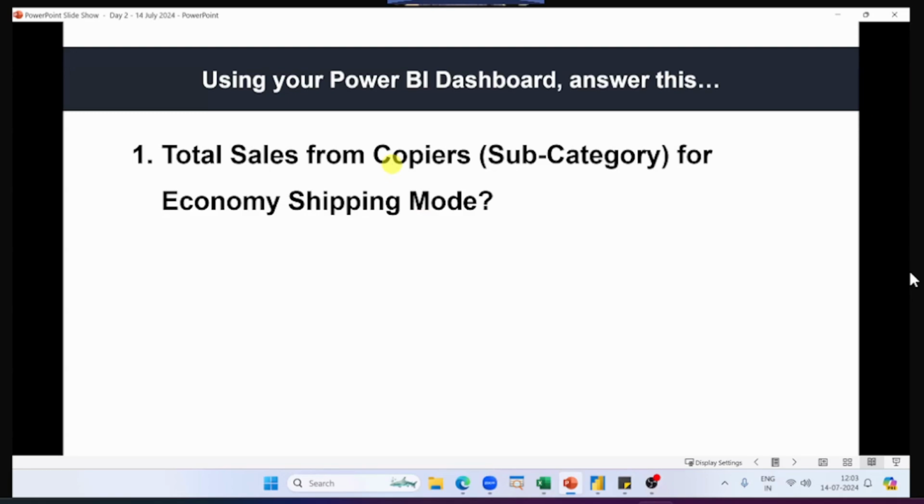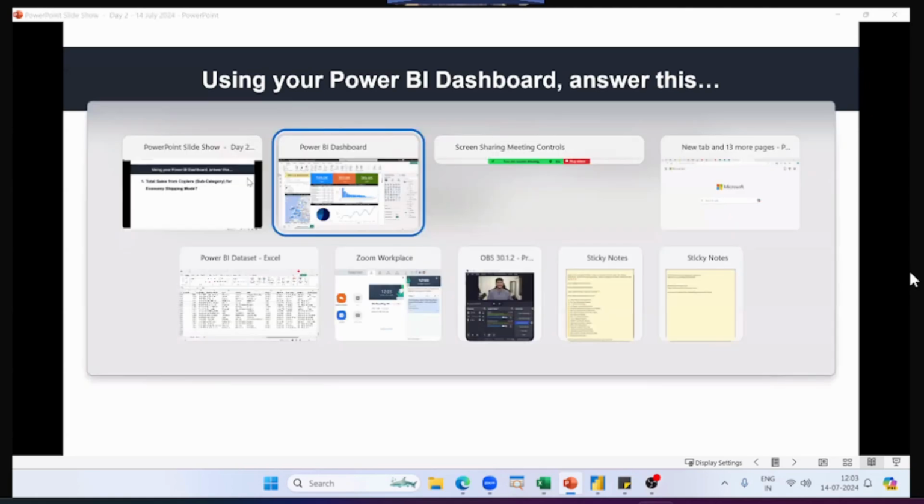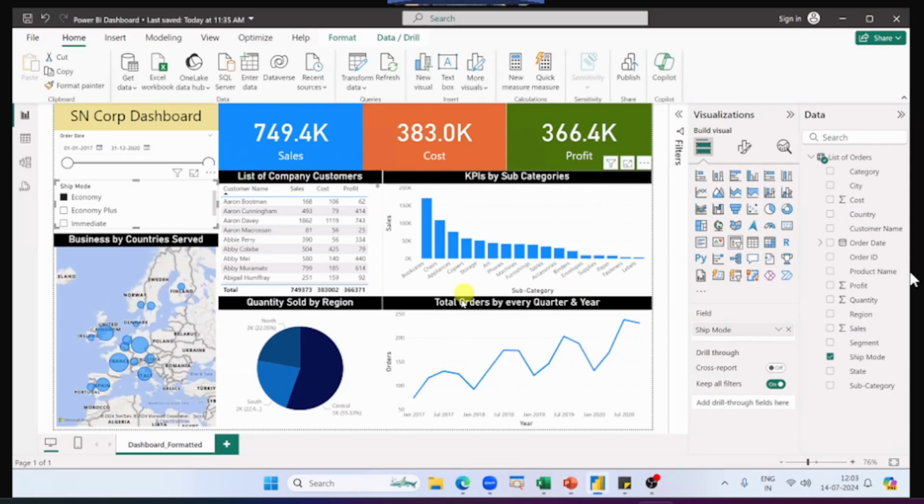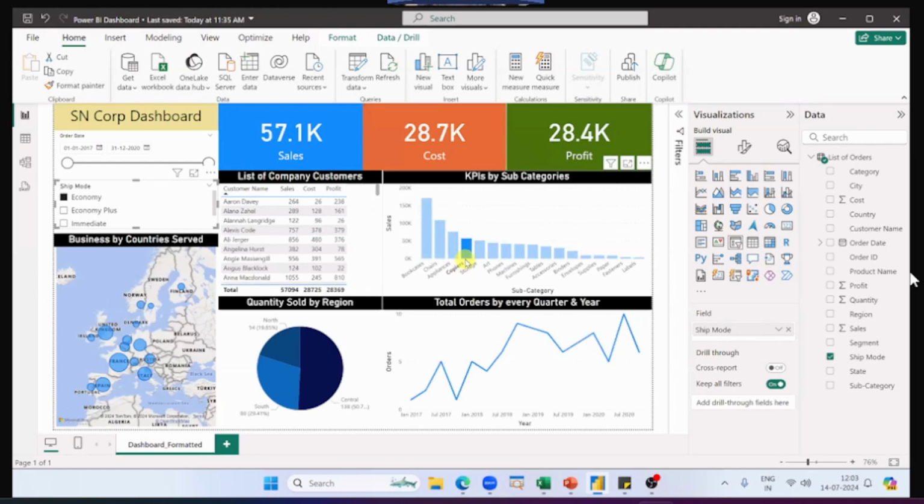Now, to find the total sales from copiers, I just have to go to my column chart where I have all my subcategories and find copiers. You see this copiers here, fourth column. If I click on the fourth column of copiers, I see the answer as